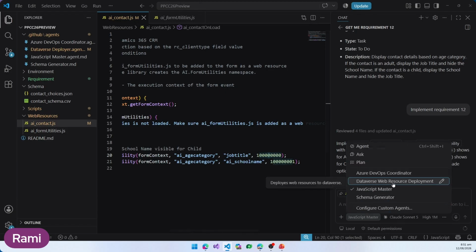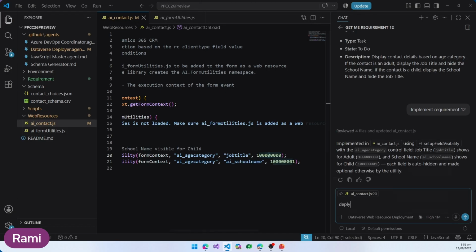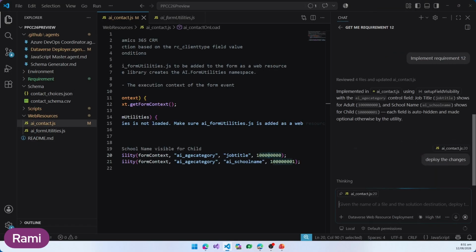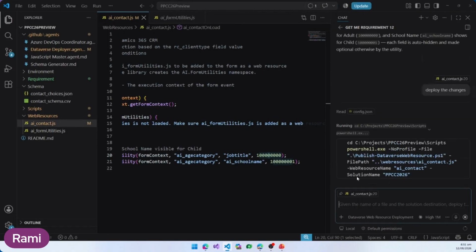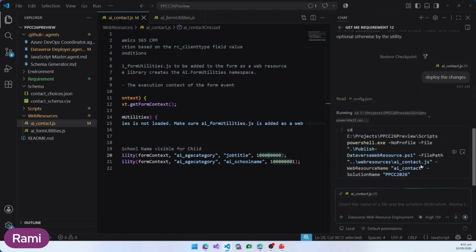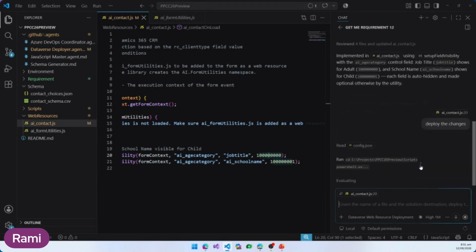And now what I'm going to do is ask it to deploy the changes. And I simply converse with it. I simply tell it what I wanted to do. And again, what I'm trying to do is mimic what a human would do, and then get the AI to understand what the different elements are and how to do it. And again, I've got my scripts that are available in there, similar to what Sparkle can do if you have used Sparkle before. So this is a capability where you can push your changes into an environment. And once it is there, then you can publish the changes so that they are available.